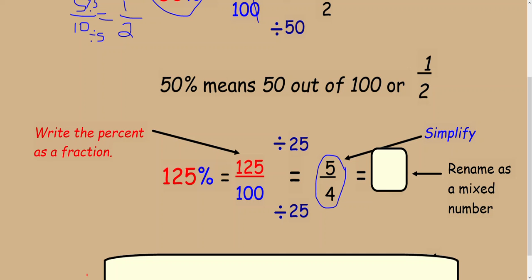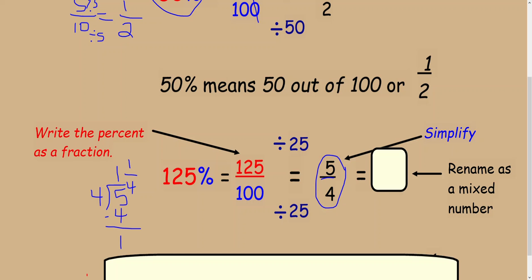This is the same thing as saying 5 divided by 4. 4 goes into 5 one time. 4 times 1 is 4. We put that down here. We subtract. 5 minus 4 is 1, which is our remainder,